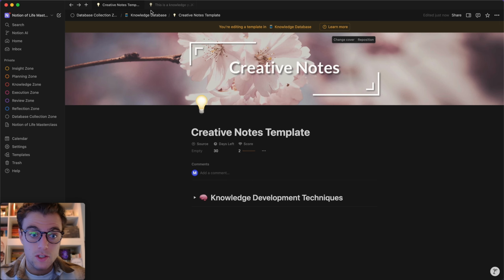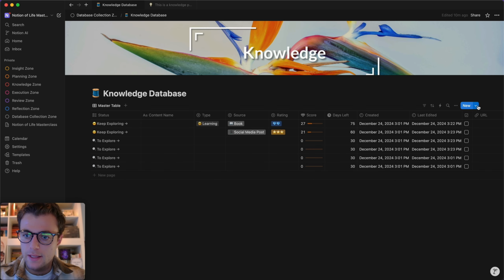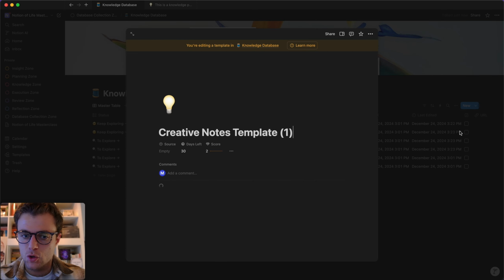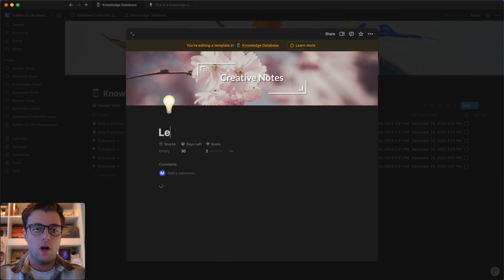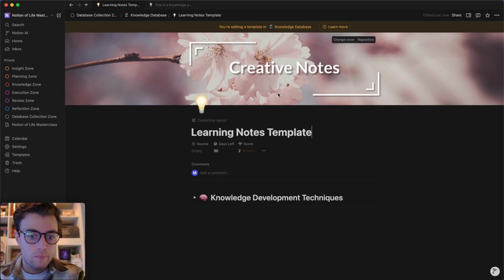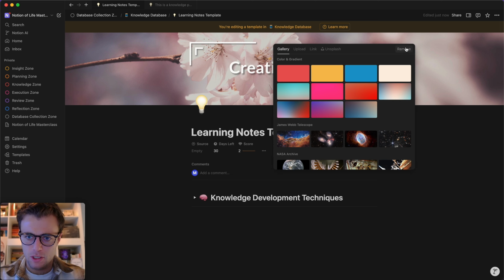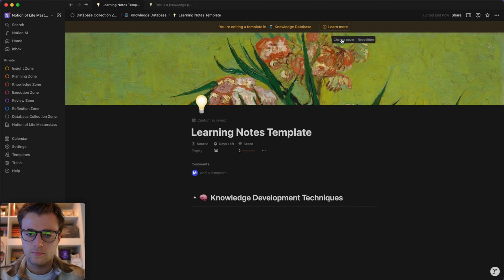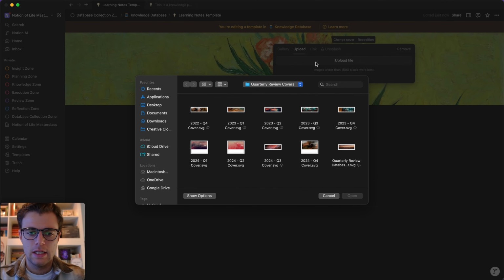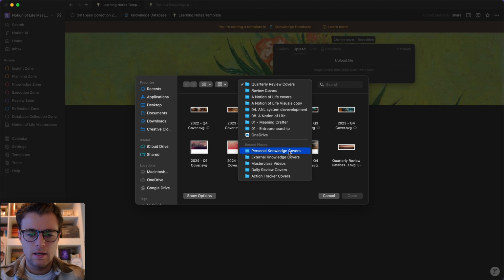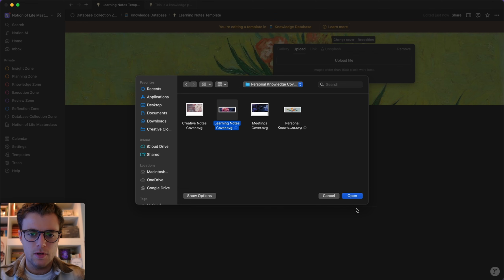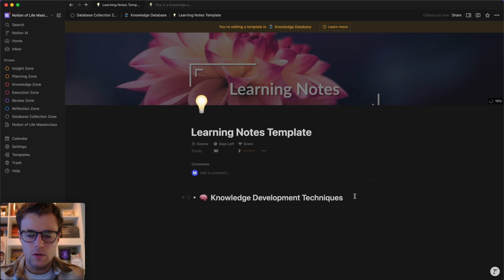This is everything that is generated internally. Then we're going to basically duplicate this one for our learning notes template. This one follows the same structure, but now we can also capture knowledge from the outside world and iterate on that knowledge. We're using the same knowledge development techniques and the same layout. I'm going to remove this cover, and I'm just going to call this one learning notes